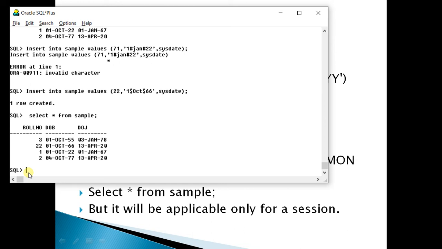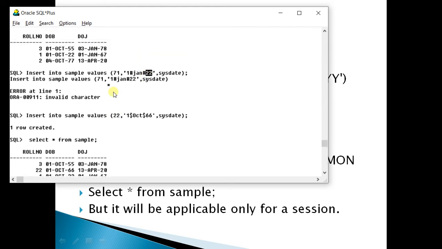For example, the current century is the 21st century and the year is 20 or 21. 20 is less than 50. So if I enter any date whose year is less than 50, then the current century will be taken. For example, if I enter 22, this 22 is less than 50, and the current century is the 21st, so it will be stored as 2022.